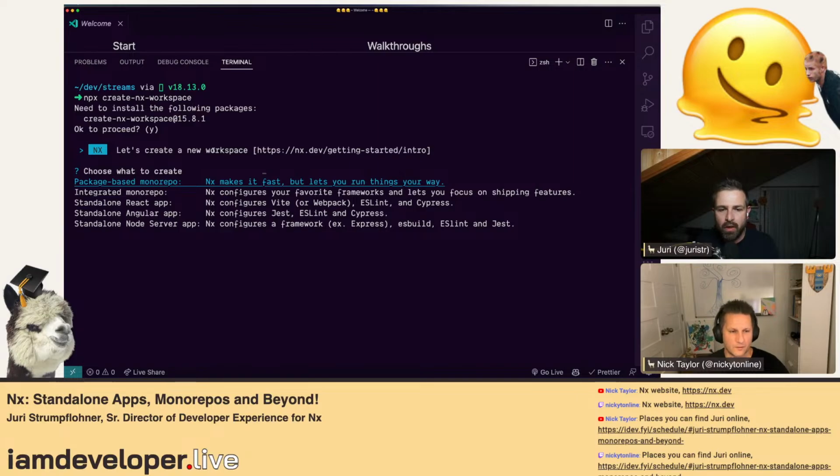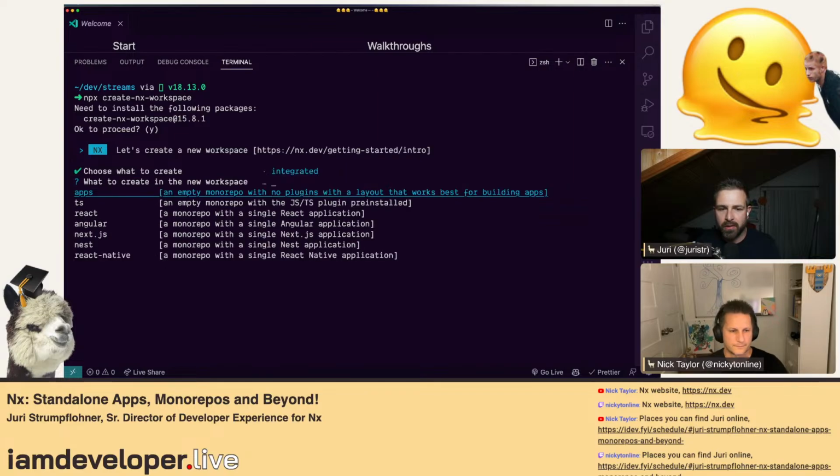Okay, so what do you want to look at first? We might not necessarily cover all these things today, but I think the integrated one would probably give us the best view into it, and then we can expand from there also into a package-based one. That gives a better feel of what it is about.